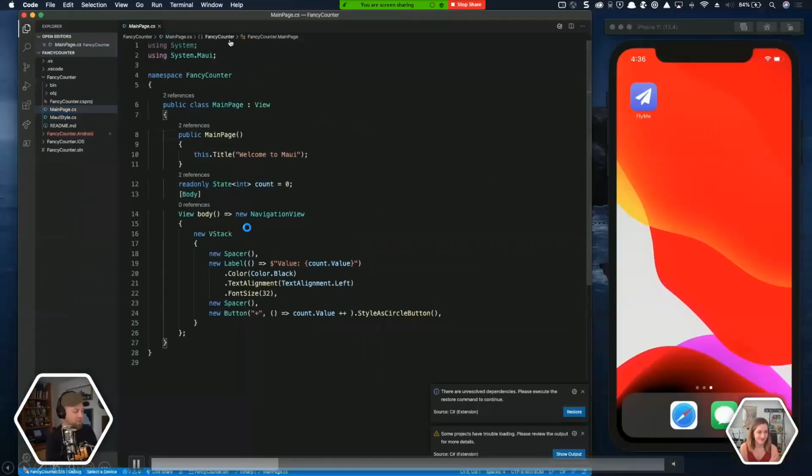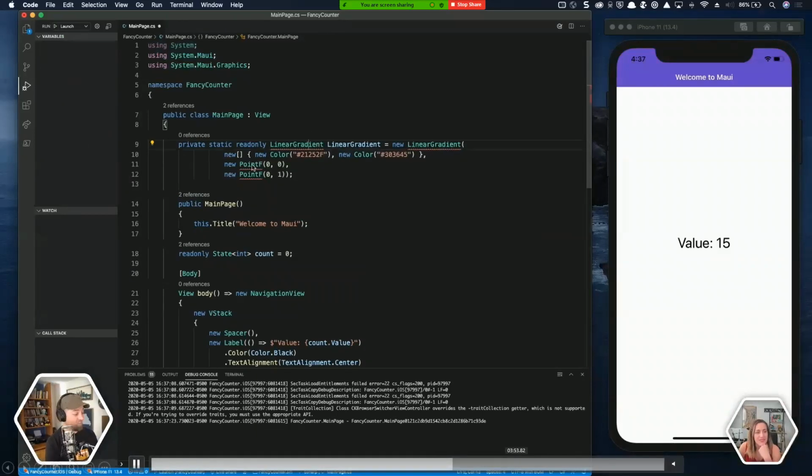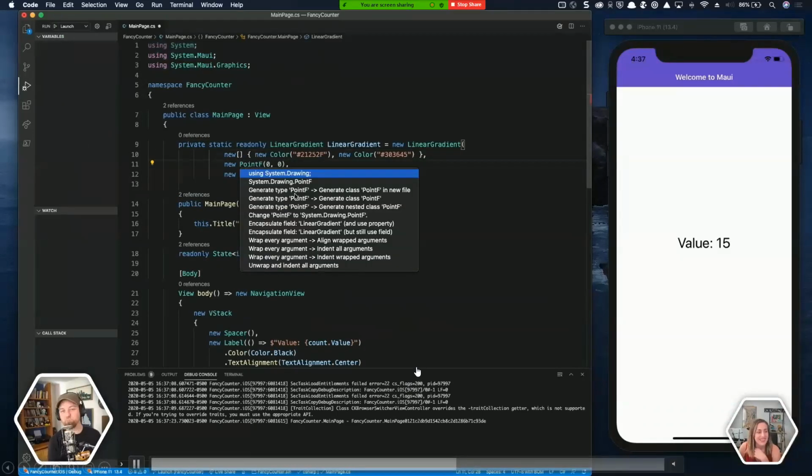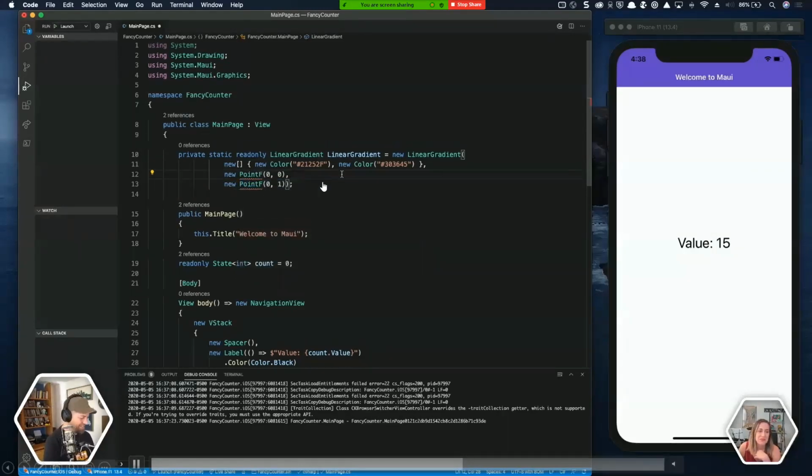This is MVU here. Instead of XAML and C#, you just have this one body function, which is where you build everything, which is sweet. This is an older build, which is why it still has the Android and iOS projects, but those will be going away. And then it's got System.Drawing, which will be fabulous. It's got your hot reload.